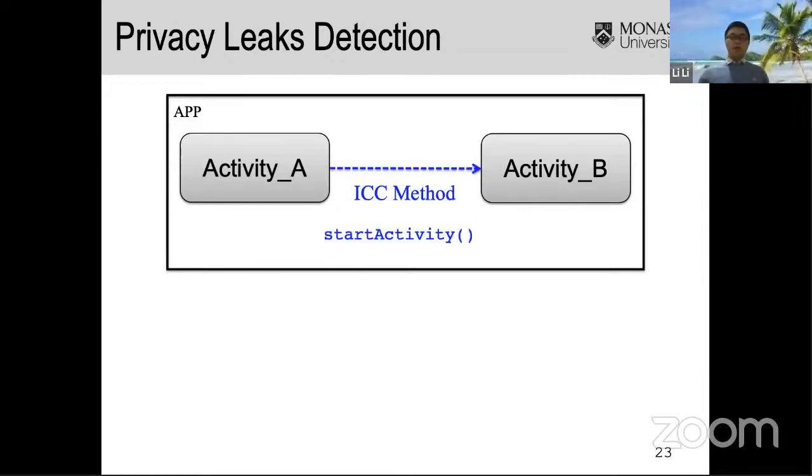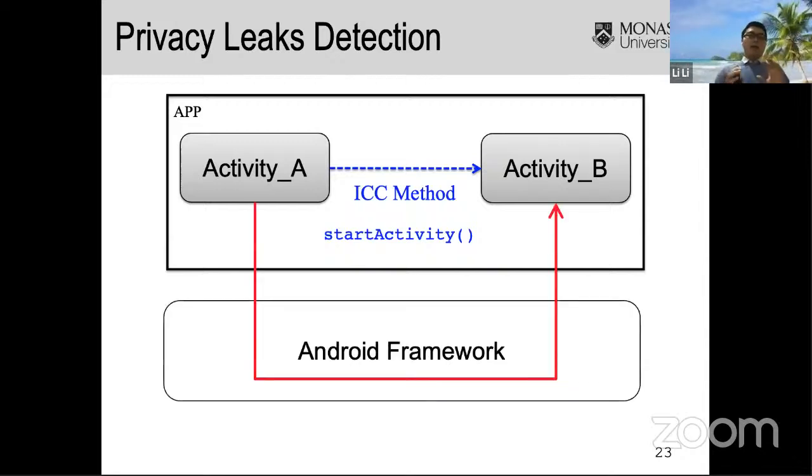These two components can communicate with each other through the so-called inter-component communication method, or ICC method in short, like in this example, the startActivity method. But the actual communication between these two components goes through the Android framework, and that code is outside of the Android app itself. That means if we analyze the Android app alone, the information about the communication between the two components is missing.